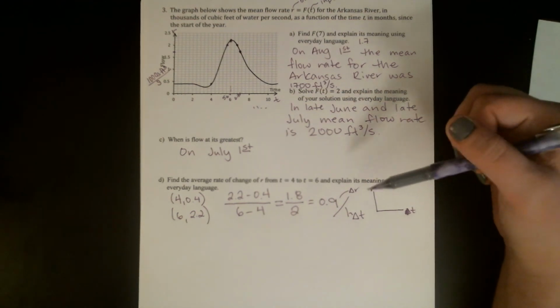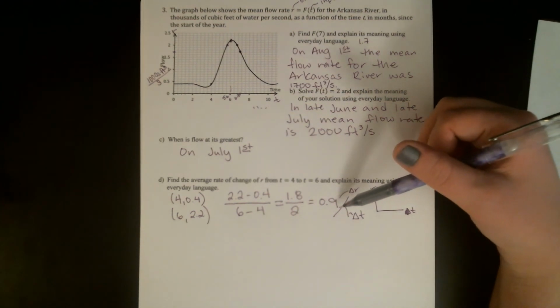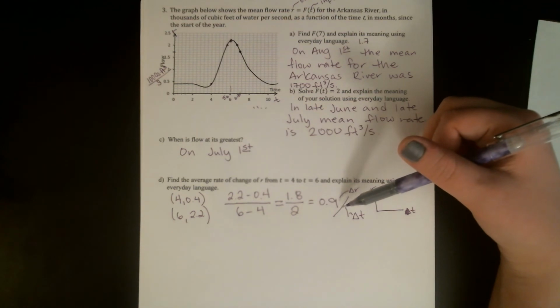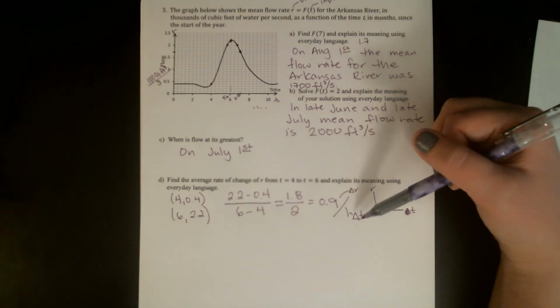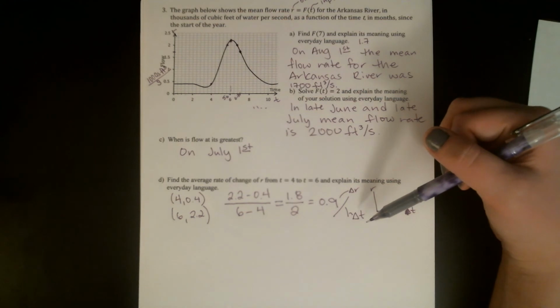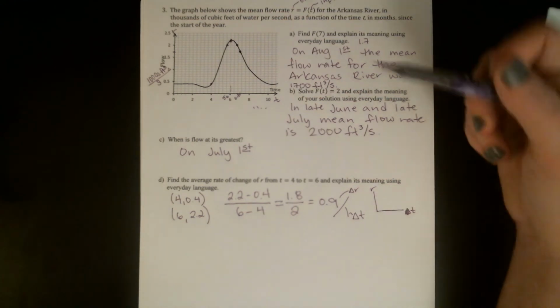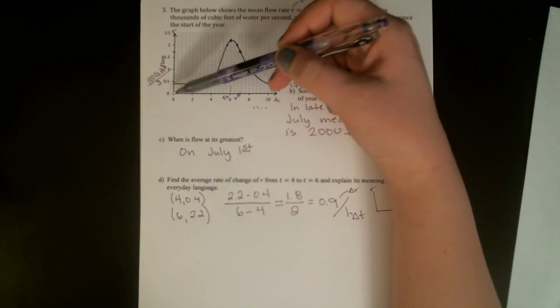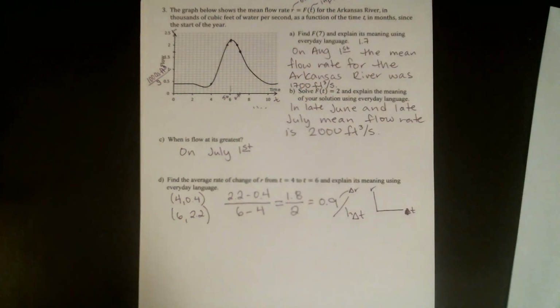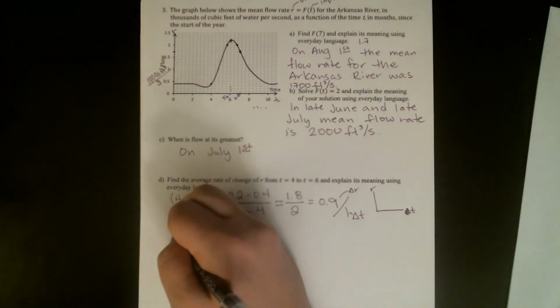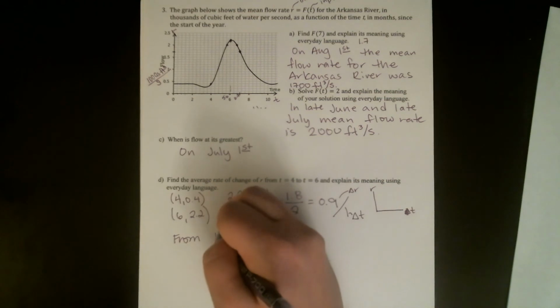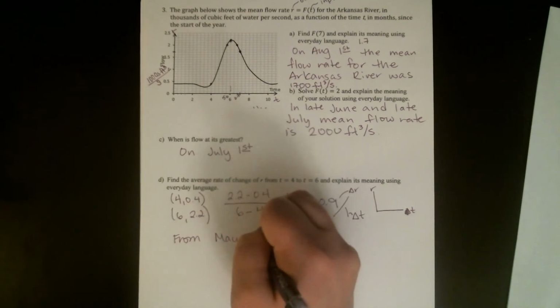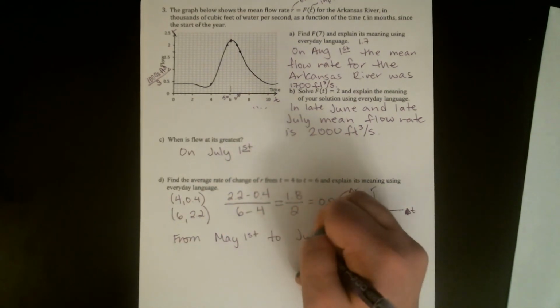The flow rate is increasing by 0.9 thousand cubic feet per second every month. So this is specifically between, let's see, January, February, March, April, May, early May. So from May 1st to July 1st,